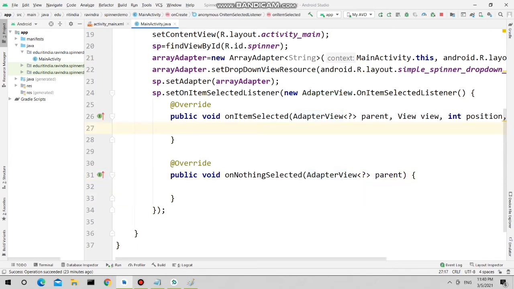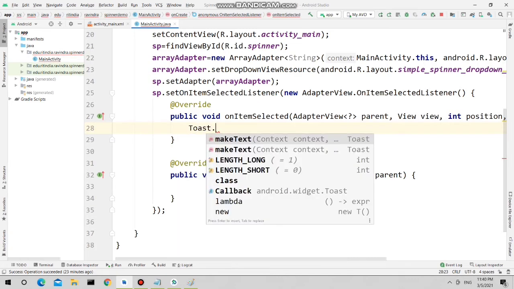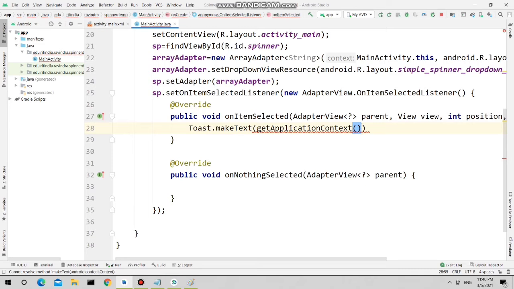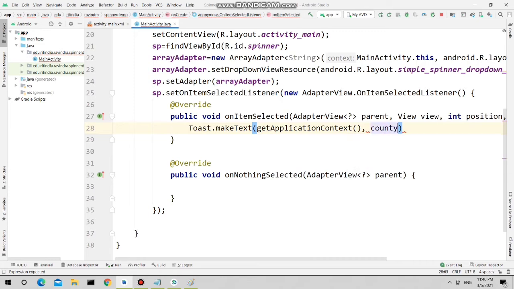You need to add the logic. Whenever the user selects an atom from the spinner, the onAtomSelected method will be called, so you need to add the logic here, that means what you should do whenever the user selects an atom of your spinner. I'm going to simply display the atom name with the help of this.